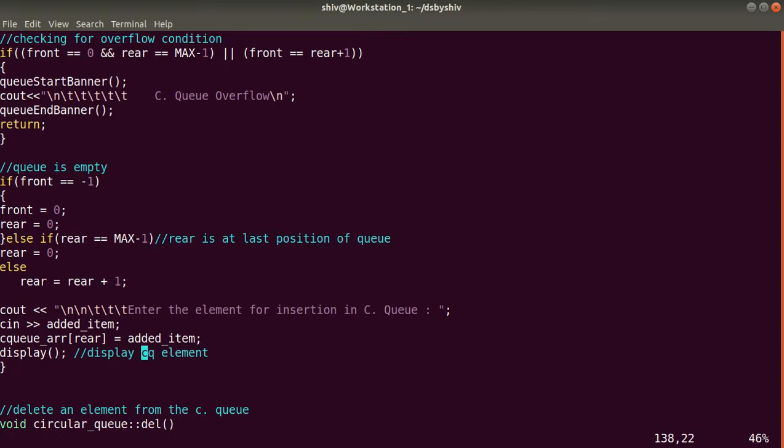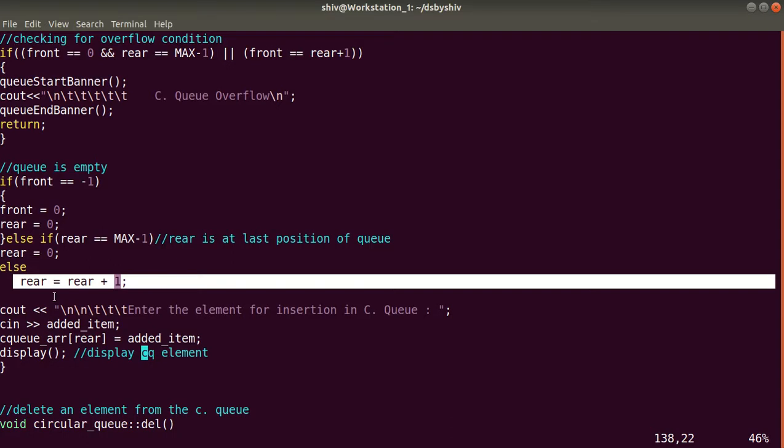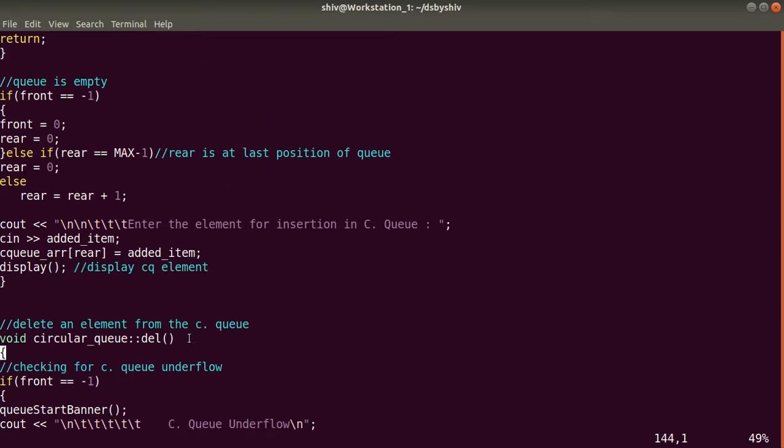Okay guys, so here in the else part, if these conditions are not true, then rear is between 0 and 4. So for this, rear will be equal to rear plus 1. Here we are asking the user to enter the element for insertion in the circular queue. The user will give some number, and that number will be inserted at this index in the circular queue array, and this index will come from rear.